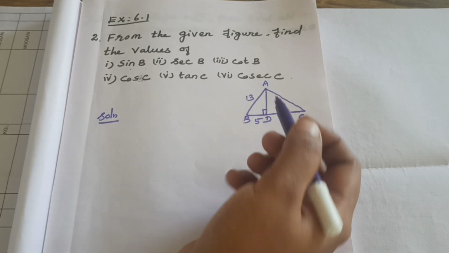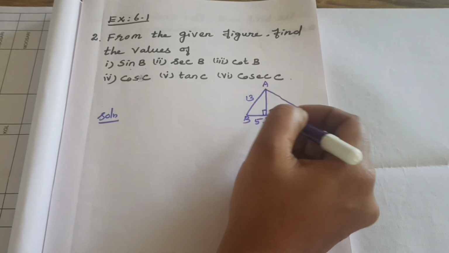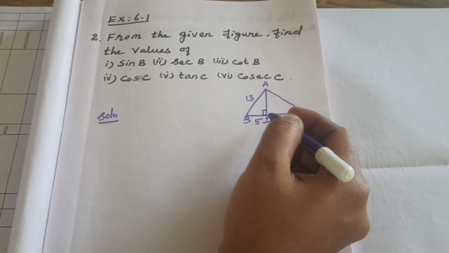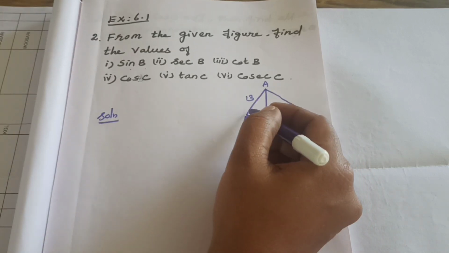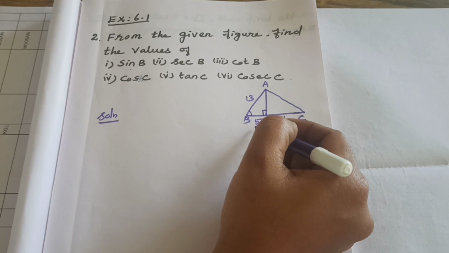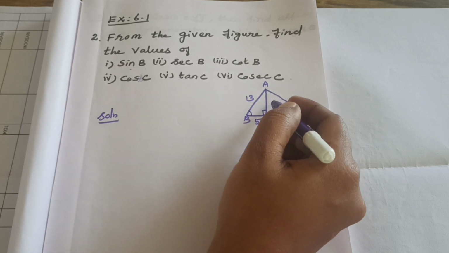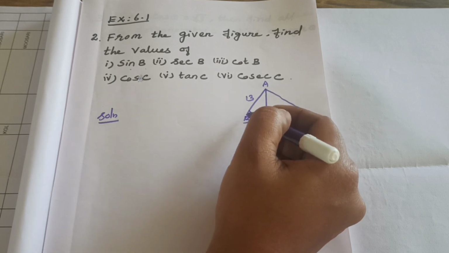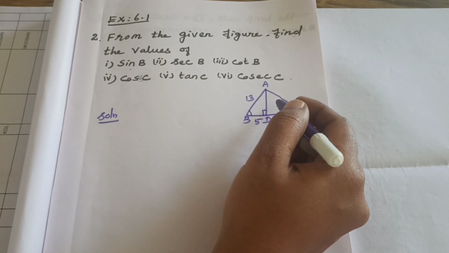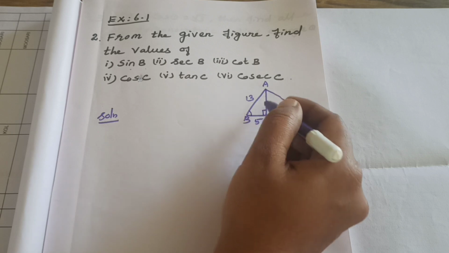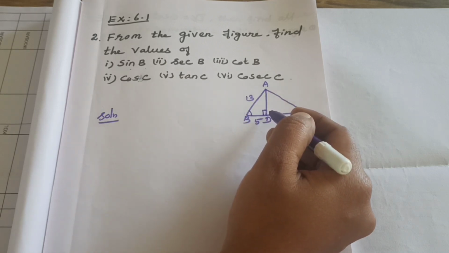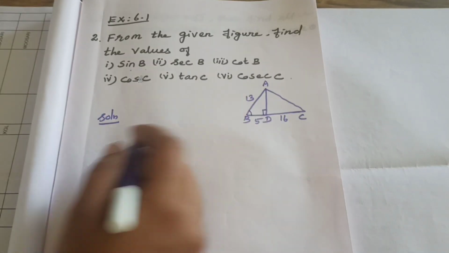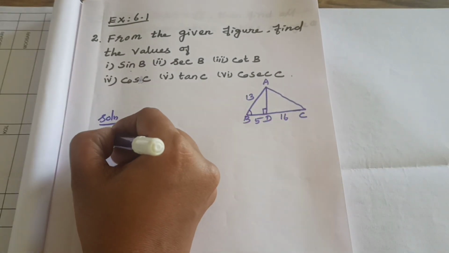So first we have to find. This is a right angle triangle, you should take it, because this is 90 degrees. Here this is the hypotenuse. The side nearest to theta is called the adjacent side. Then the side opposite to theta, B is the theta, the angle is B. So we want to find the opposite side, isn't it? How can we find it in this right angle triangle? Hypotenuse square is equal to the sum of the squares of the other two sides. That means we want to find AD, isn't it?